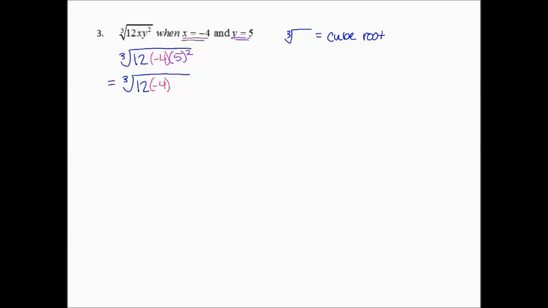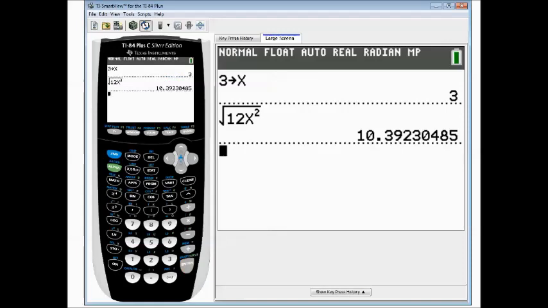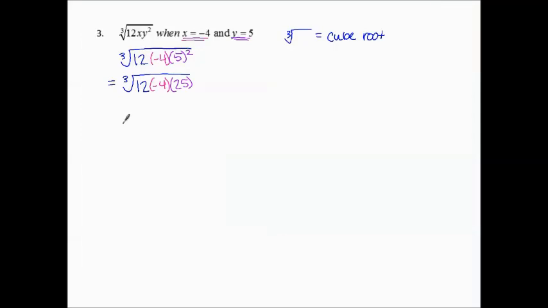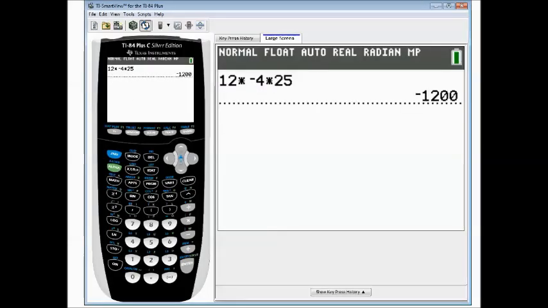5 squared is 25. So if I multiply those numbers together, 12 times -4 times 25, I get -1,200. So I've got the cube root of -1,200. Okay, I'm going to need to do that one on my calculator, again like the square root, but the